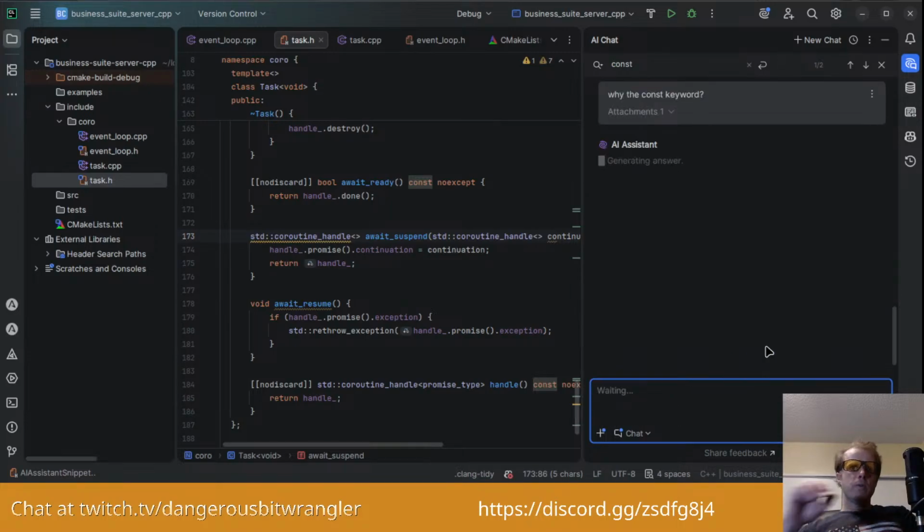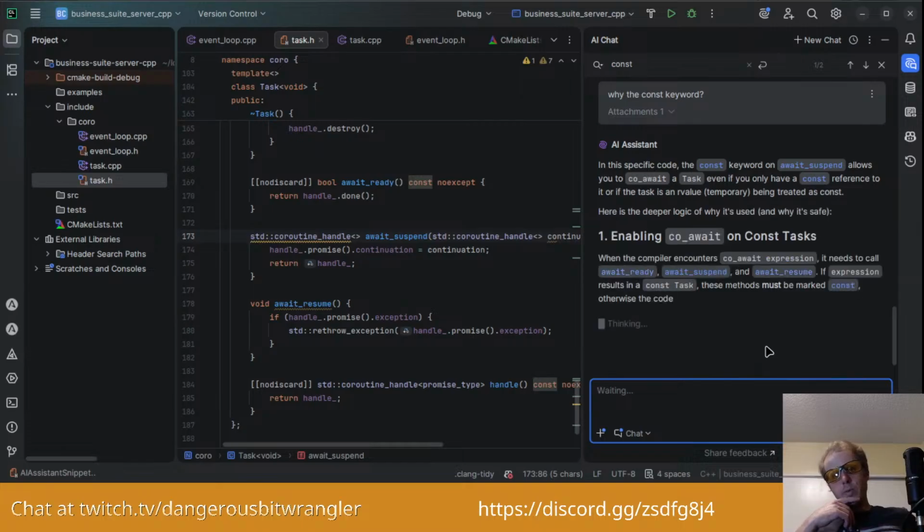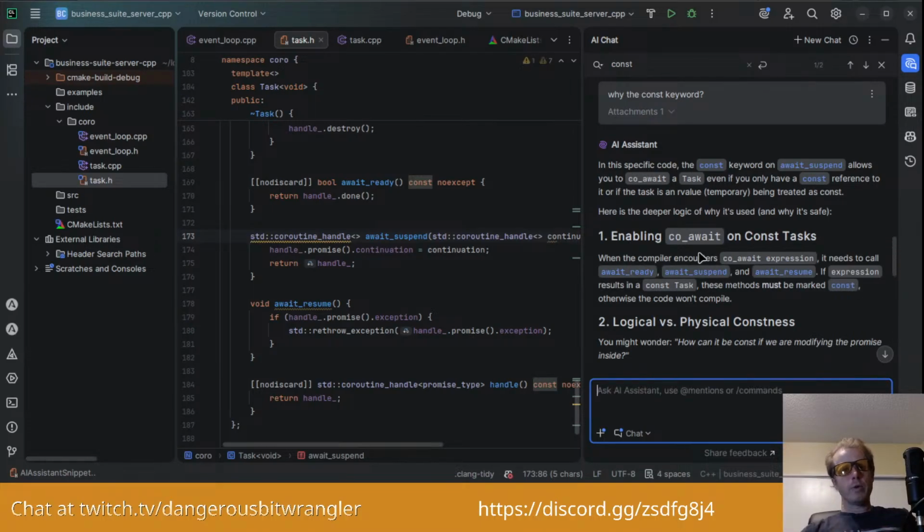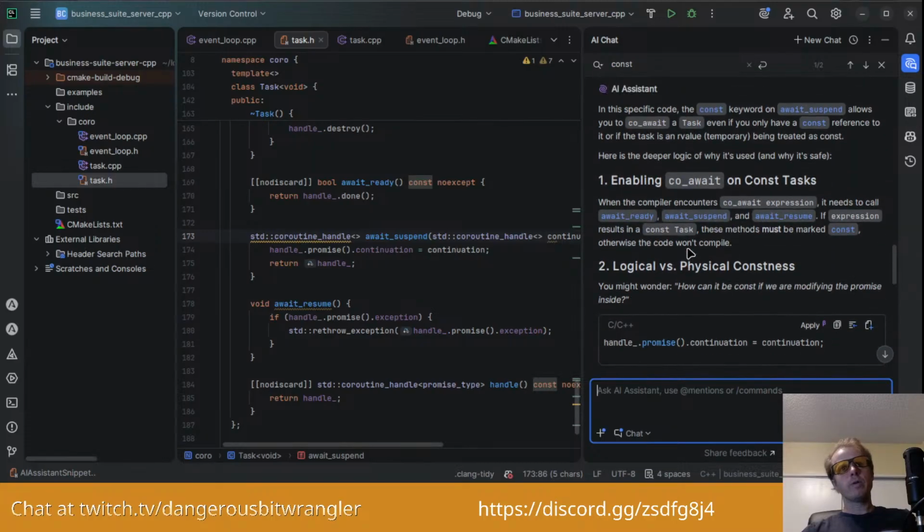Alright, let's see why the const keyword. Maybe you can finally answer my question after you scroll me down to the bottom of the page. Okay, never mind. In this specific code, the const keyword allows you to co_await a task even if you only have a const reference to it, or if the task is an rvalue temporary being treated as const.